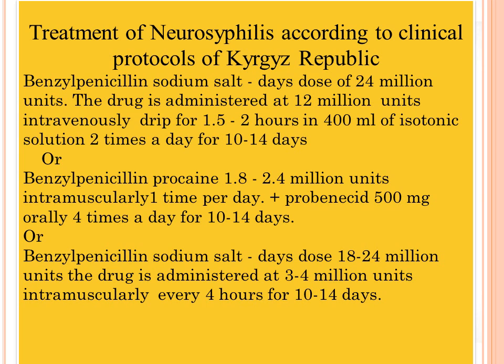The drug is administered at 12 million units intravenously drip for 1.5 to 2 hours in 400 milliliters of isotonic solution, 2 times a day for 10 to 14 days. Or benzylpenicillin procaine 1.8 to 2.4 million units intramuscularly 1 time per day, plus probenecid